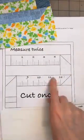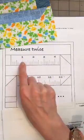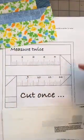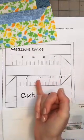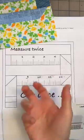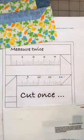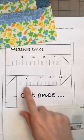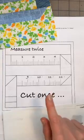All right, so we talked about this ruler, how technically it would be like 1, 2, 3, 4, and then it'd be like 5 and 6, and then this would be 7, 8, 9, 10, and it would be flipped. So it would be an upside down 7 and an upside down 8 and an upside down 9 and an upside down 10. I think,